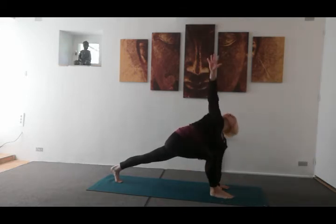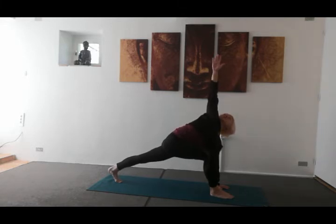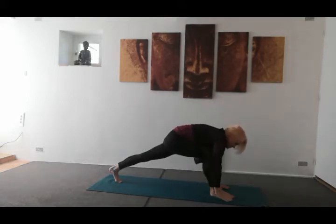Inhale, raise that right arm all the way up towards the ceiling. Start to lift your left knee up and then press the left heel all the way back to lengthen through the left leg. Lifting that right hand as high as you can. Take one more inhale and then exhale as you bring the right hand down onto the mat, stepping back with